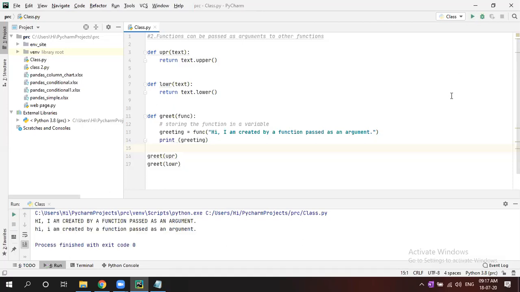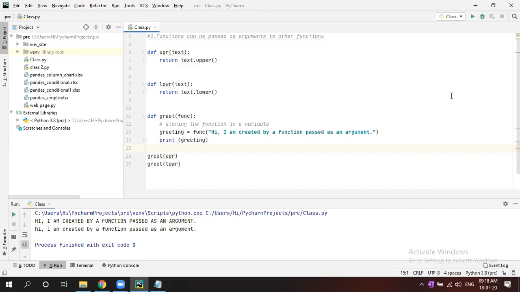I'm calling a function greet. Inside, what am I passing? I'm passing a function again. In greet, I'm passing not a string, not a number, I'm passing a function upper. That means whatever is written in greet, convert into uppercase. Now second one, in greet, lowercase.